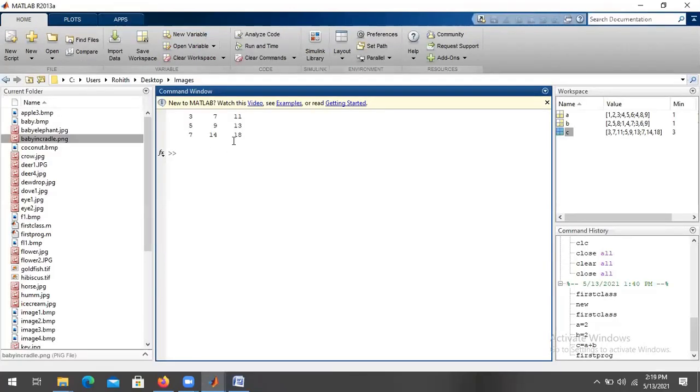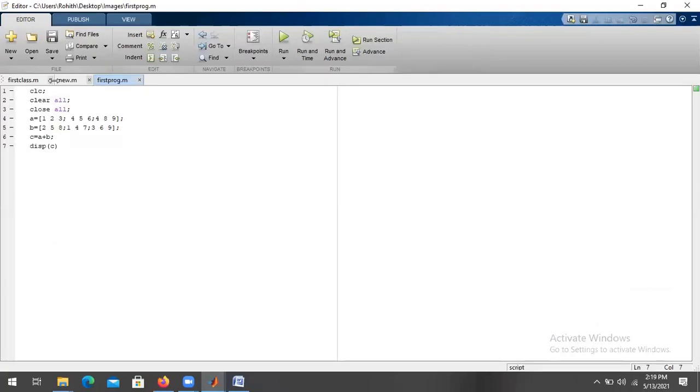Yeah, right, students. This is how the output looks. If I give any error, you can see that here. I'm writing the spelling of close all wrong here.